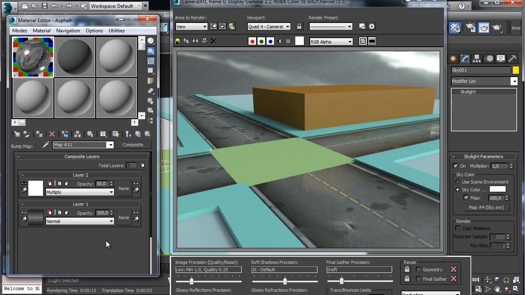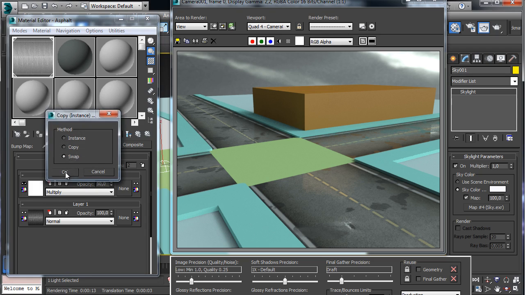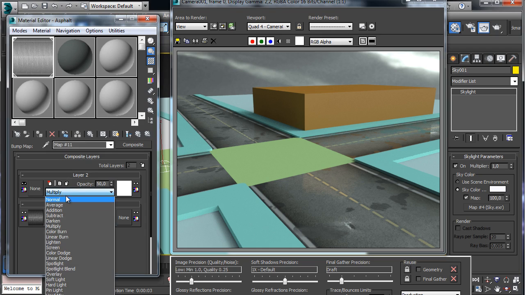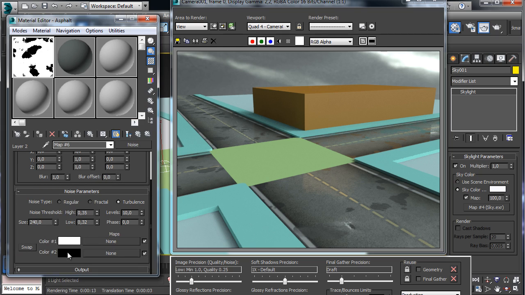For the bumping we have a composite there, so we have the road, and then I like to use the map over the texture we are preparing. What we have to use is this one, use as mask. Let's say this one will be normal, and we have to use it. We like to have white over the puddle and black over the road, and we'll have some kind of noise